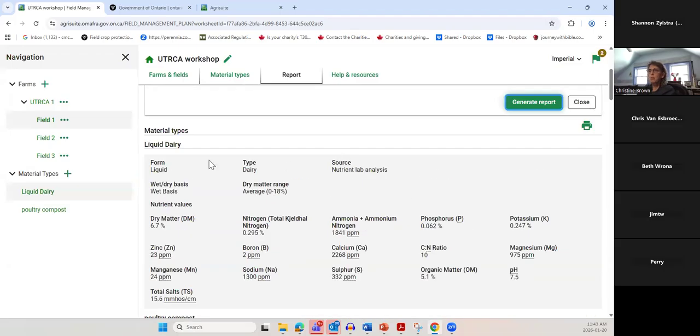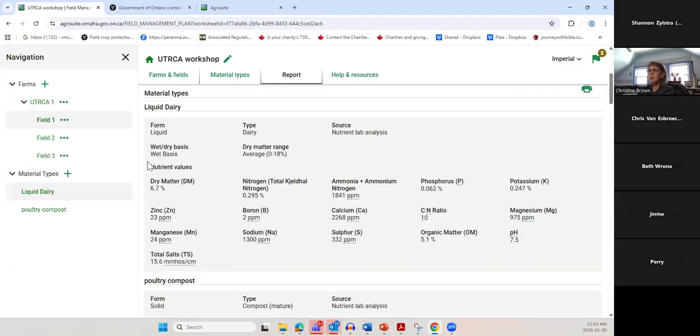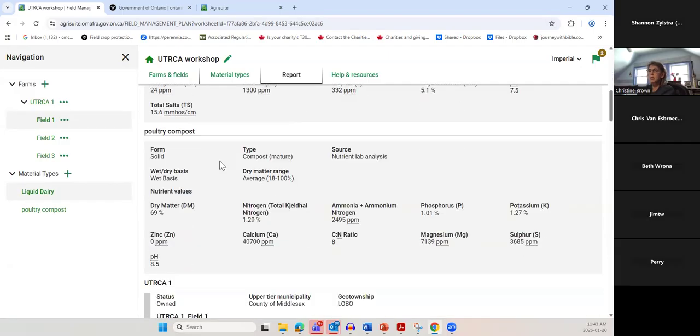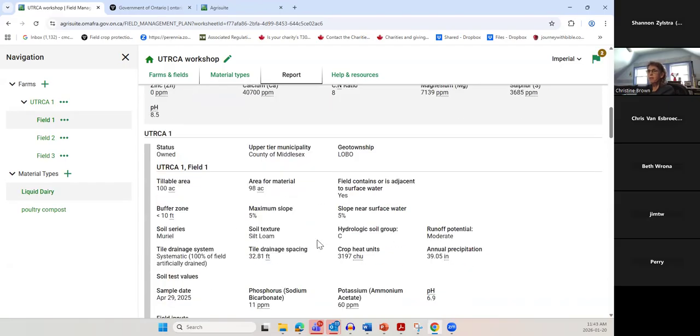So I guess this is the report. I've got my material types, so that gives me the information that I input for my manure analysis. This is the same for the poultry compost. It gives me the field information: what was the soil type, what was the slope, all that kind of stuff,